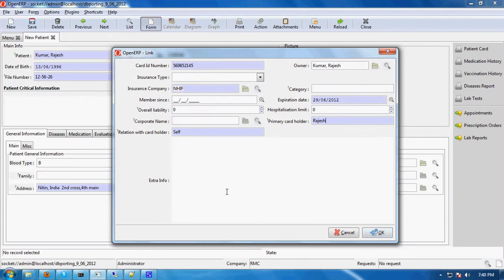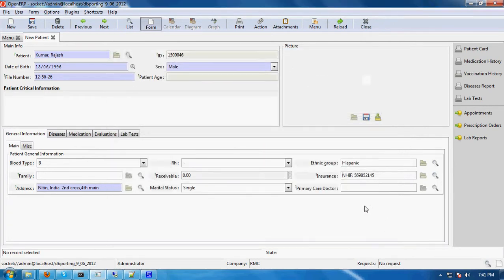You can also enter extra information about the patient. You can click OK. So you can see the insurance company with the card name will automatically come in this field.